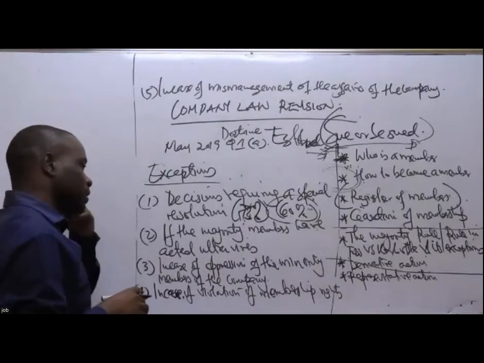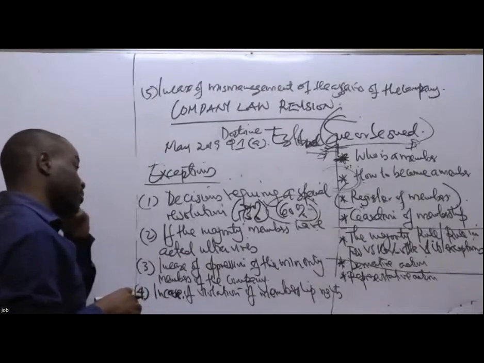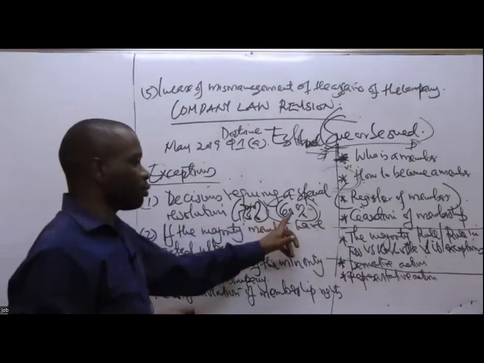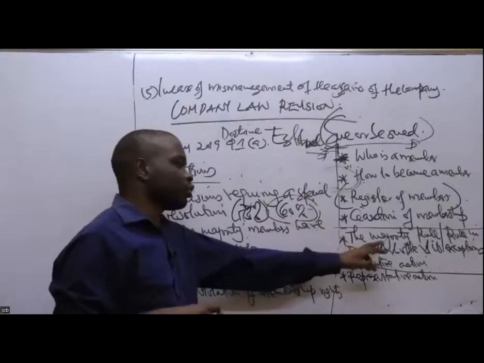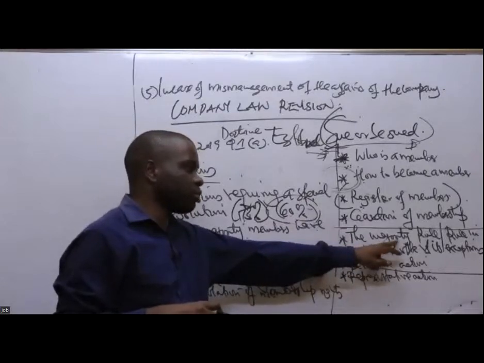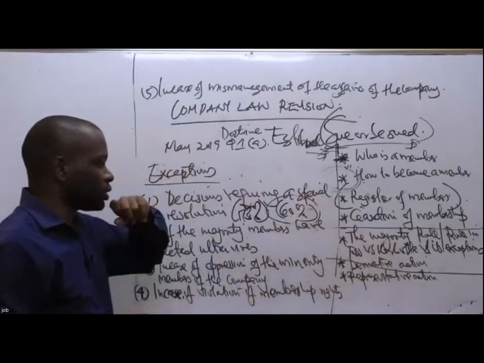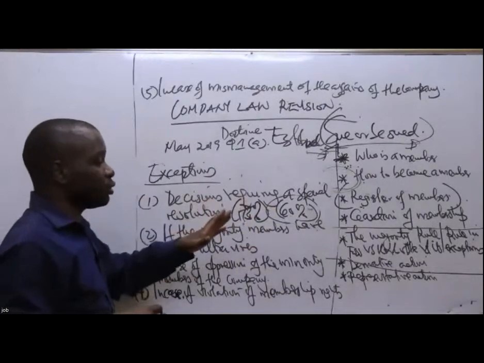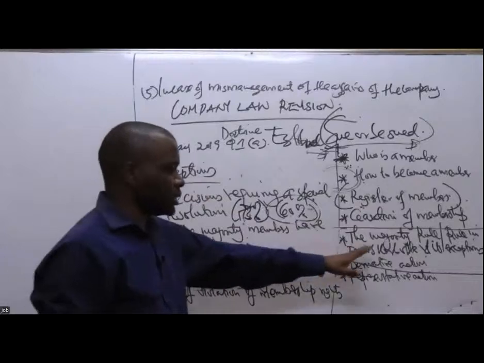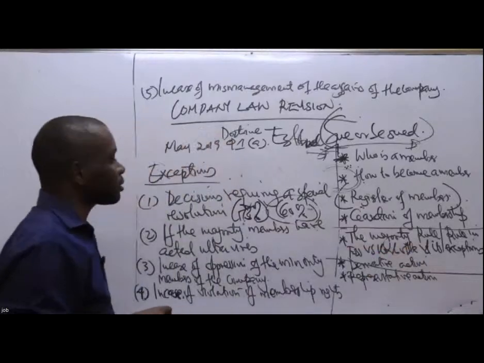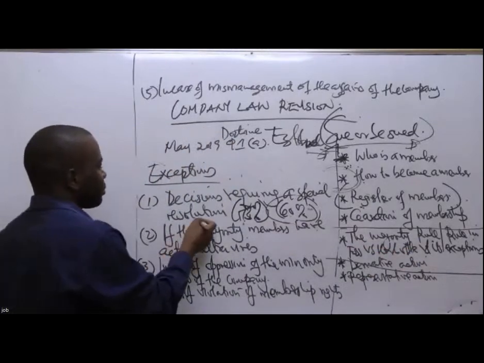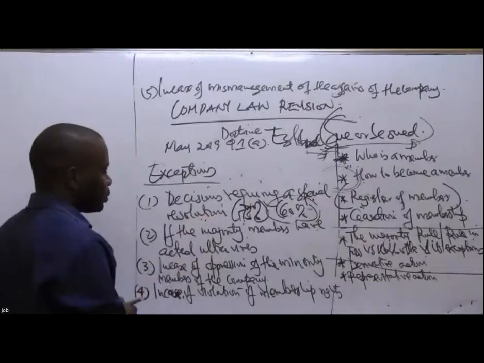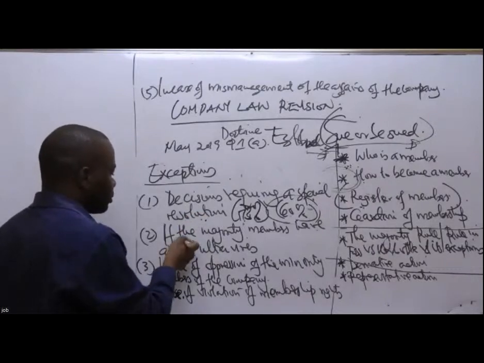For example, if it is liquidation of the company, which requires a special resolution, it simply means that even if 60% approve, it is still a majority, but it can't approve such a decision. So you can see the rule does not prevail there. So those decisions that require a special resolution, the majority can't approve them.